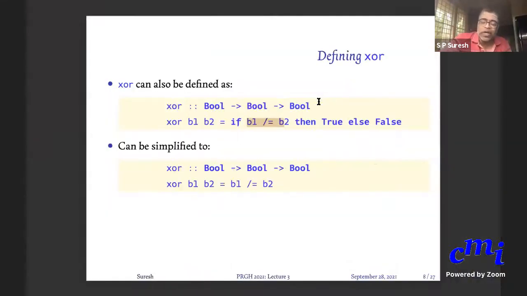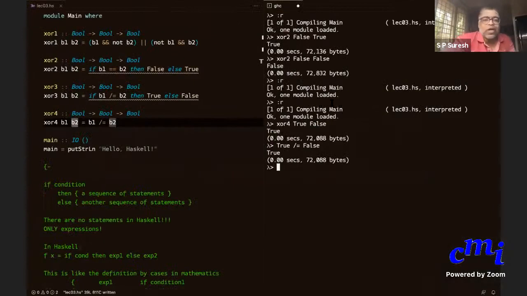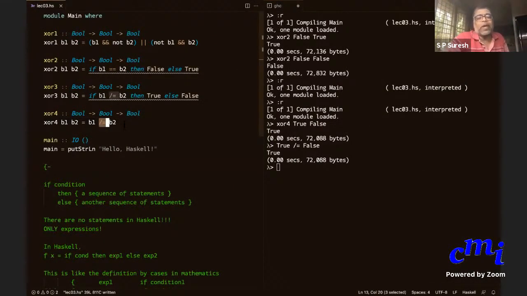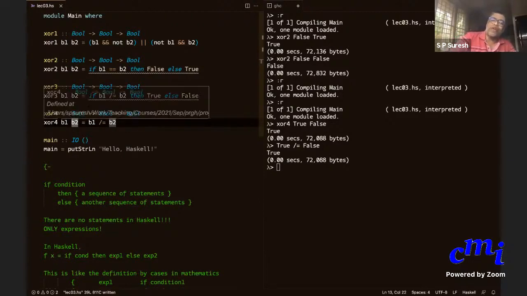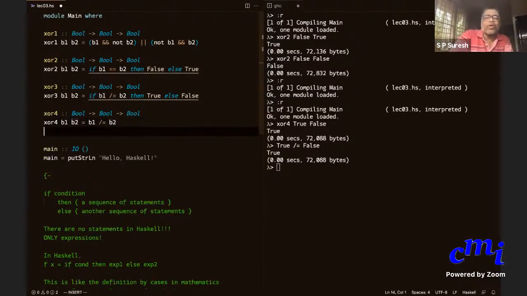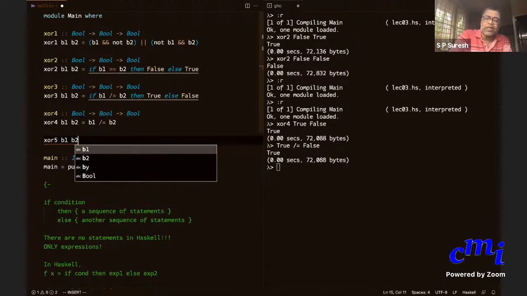In fact, you can simplify it even further, in two steps. Firstly, I told you that whenever you have an operator like this, you can make it like a function by putting parentheses. With functions like XOR 4, you first name the function and then give the arguments, whereas with operators, you put it in between the two arguments. Instead, you can put it at the front and then provide the arguments. But if you want to do that, you should put parentheses around it.